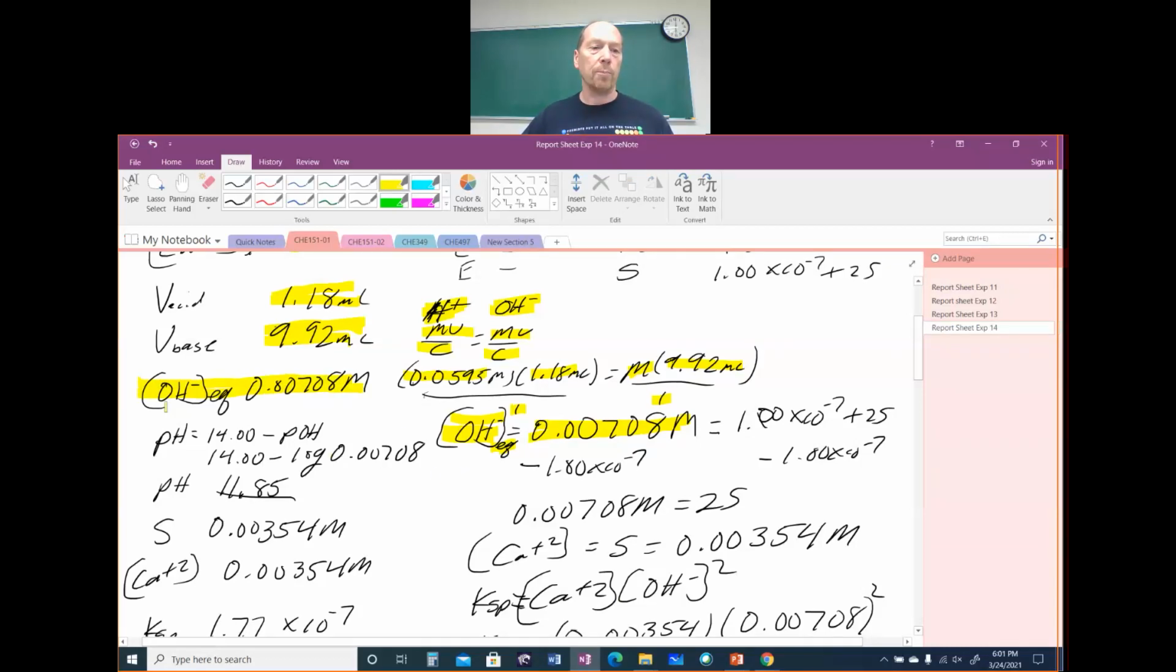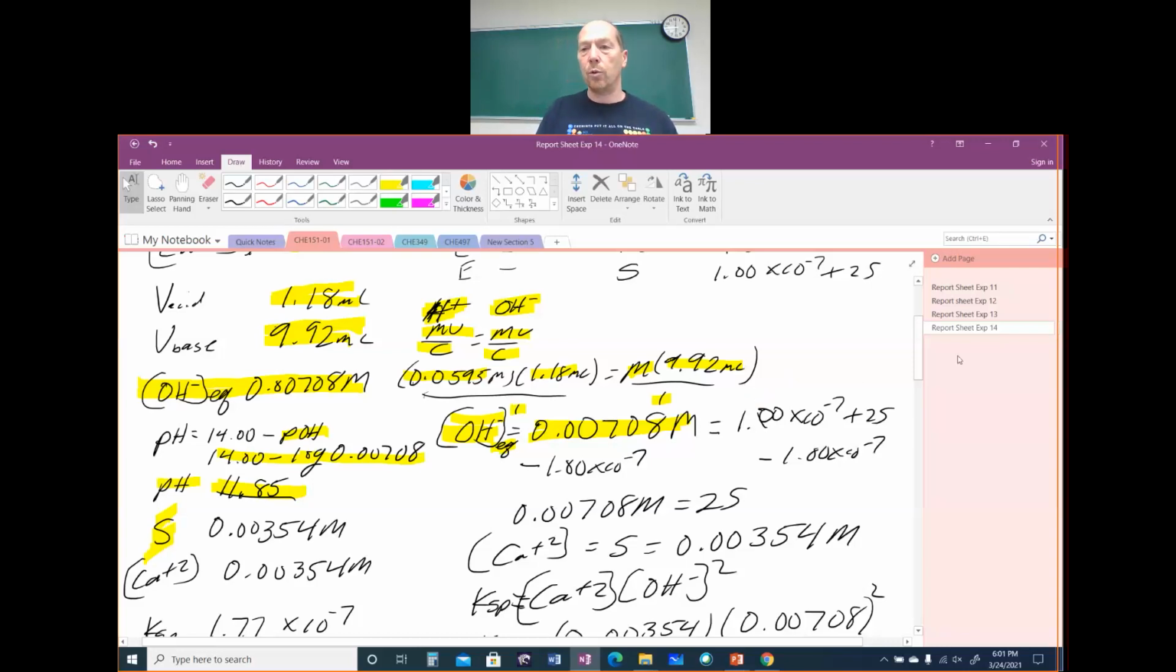All right, so then it asks for the pH, and so you get your POH by taking the negative log of your OH minus concentration, and 14 minus that POH gives you the pH. In this case, the pH is 11.85. All right, so now we got to find the molar solubility. So we have our